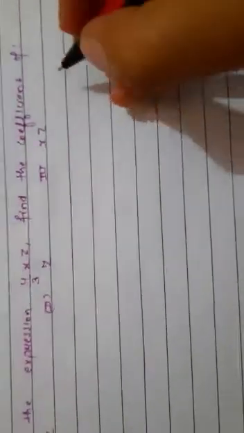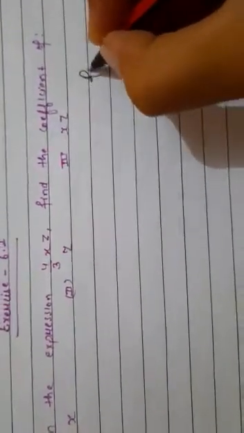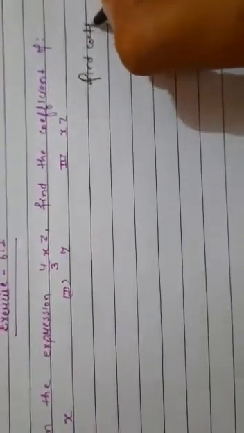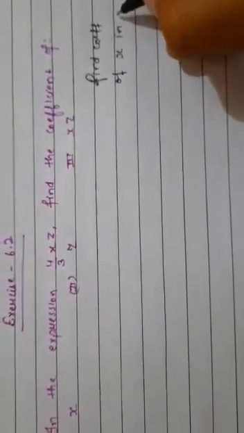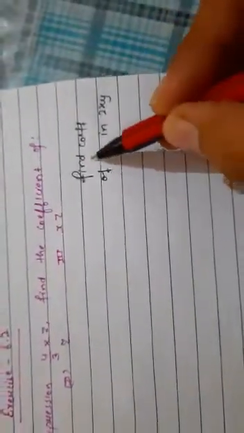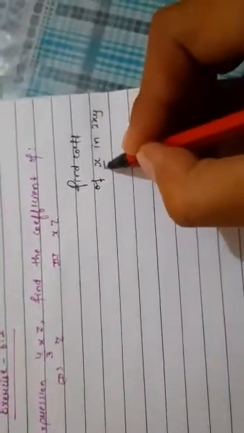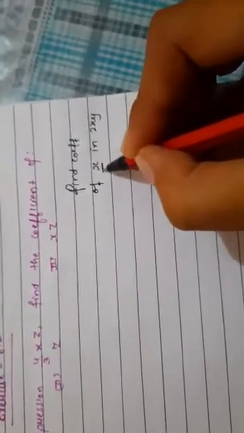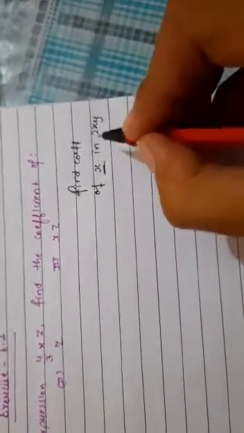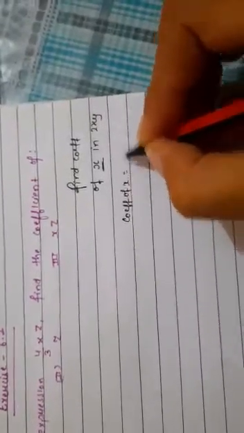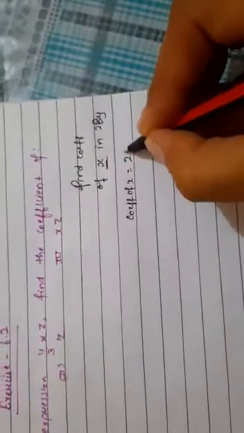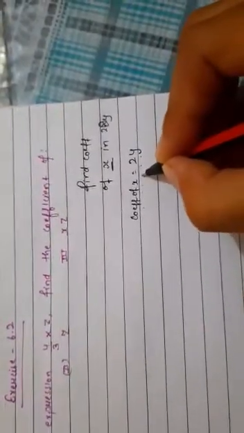If they say, find the coefficient of x in 2xy, just as an example, what is the coefficient? Whichever variable they name, leave that variable; the rest is the coefficient. We have to write the coefficient of x. So leaving x, only 2y remains. 2y is the coefficient of x.